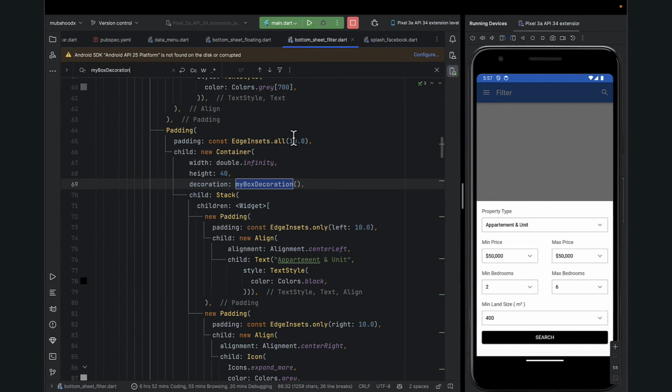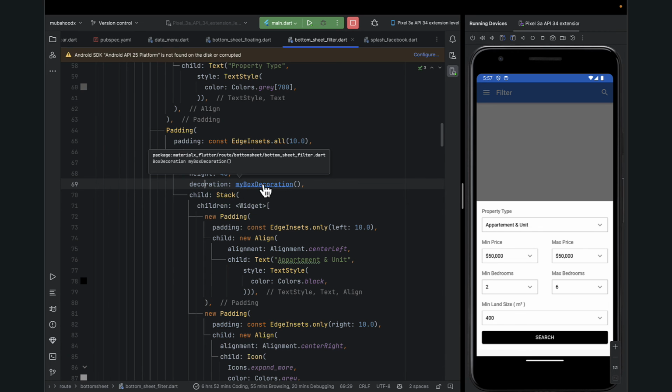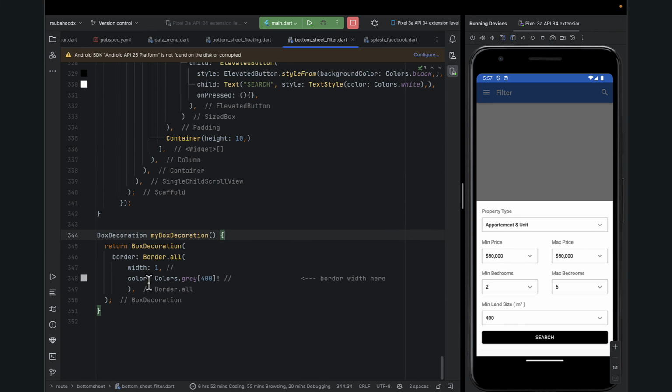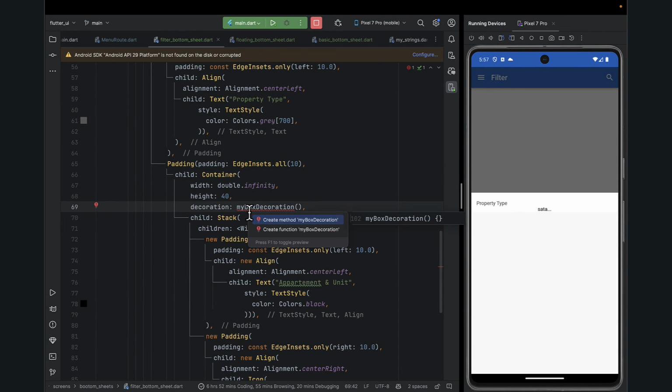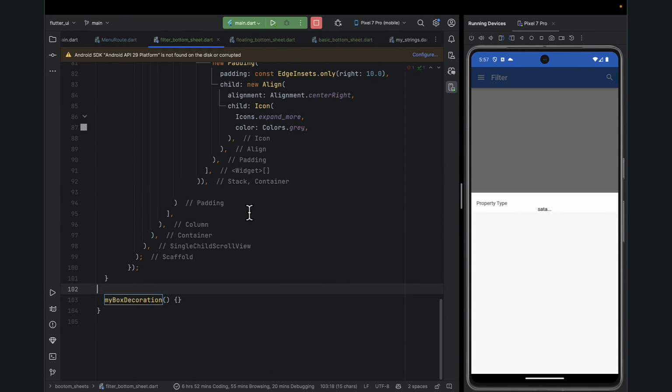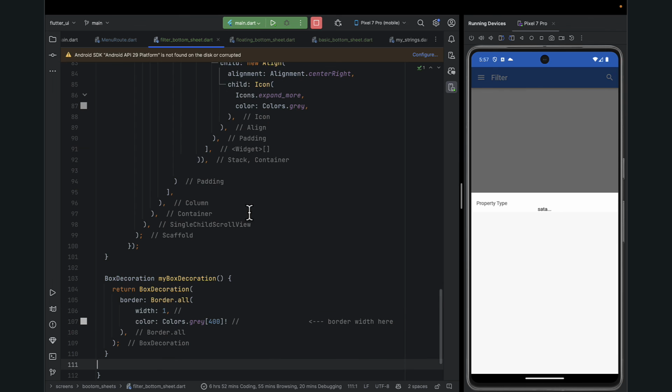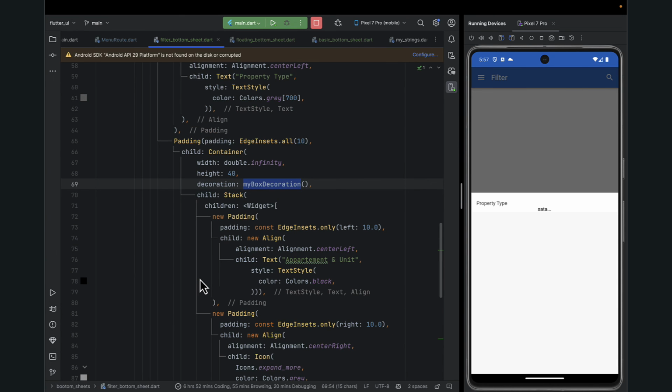So we have here the decoration as my box decoration. So this my box decoration is just this user interface that you're seeing around it. So what you do, you create it only one time and then keep on calling it. Okay, so let me go ahead and create it. So create the method and then keep on calling it, so that you don't repeat yourself by designing the same thing, to be consistent. All right, so when I save,